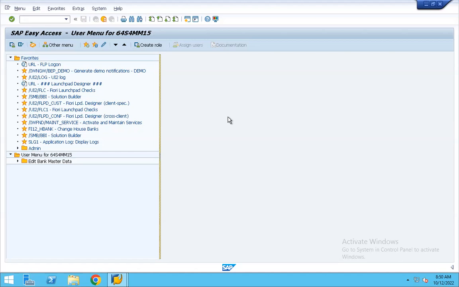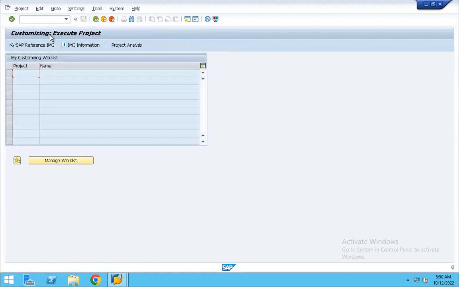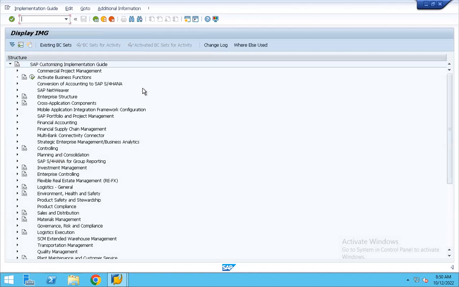So this is the SAP screen, and we are going to enter the configuration menu path. The transaction to go inside the configuration is SPRO, correct? We are going into SPRO, and then you have to hit on SAP Reference IMG. IMG stands for implementation guide. Now I'm hitting on this tab, and this will take you into the configuration screen.